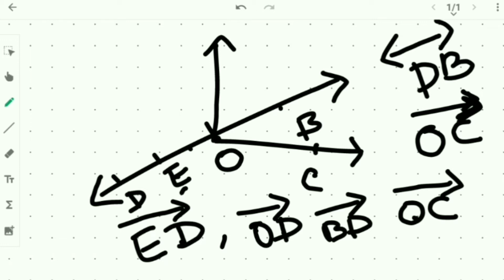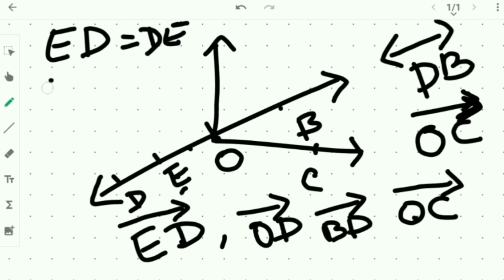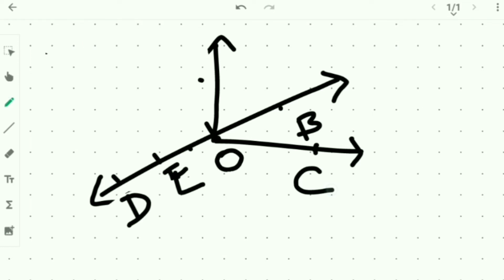Okay. Then the next one is 5 line segments. 5 line segments means it will be finite. So the points will be finite and there won't be any continuations. Okay, so ED will be a line segment. ED can also be written as DE. Okay, OE will be a line segment. Also EO. Then OC. Here you will be writing just one bar. Okay, we have 4 rays. 4 rays you will be writing, I think we finished.